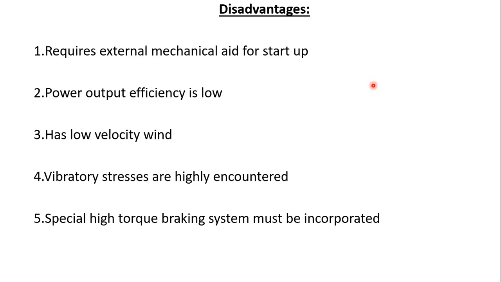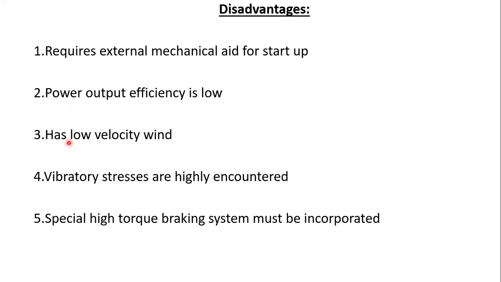When you are going at high speed, stalling means some vibrations. Some vibrations in the wind blades will be occurring, and these vibrations cause the machine to stop automatically. Second one, power output efficiency is low. The rotor power output efficiency of a Darrieus wind energy conversion system is also somewhat lower than that of conventional horizontal rotors.